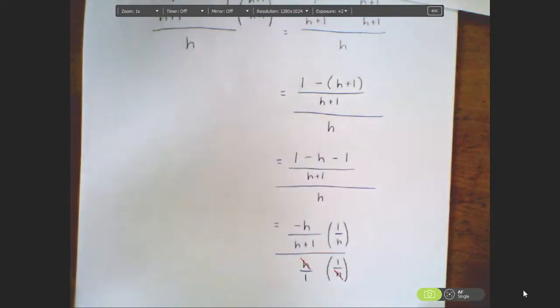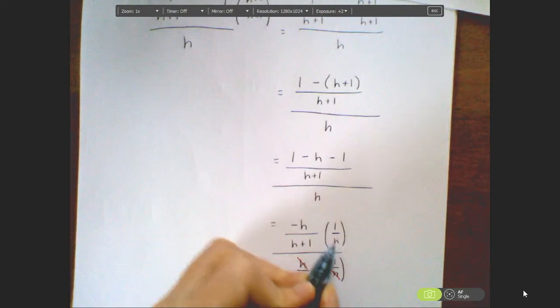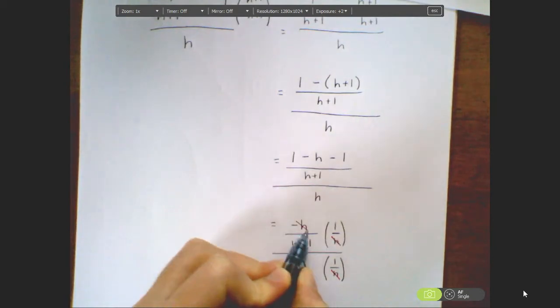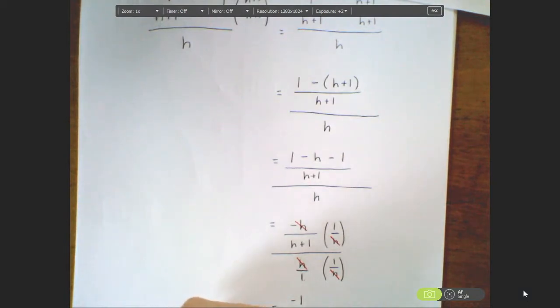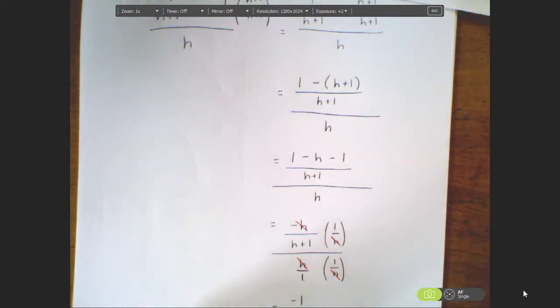I also notice that my negative h and h cancel, leaving me with just a negative 1 on top. What does that mean? So now I have a negative 1 in the numerator of the numerator, divided by h plus 1, and this denominator, those h's canceled, and I was left with just 1, which is in fact